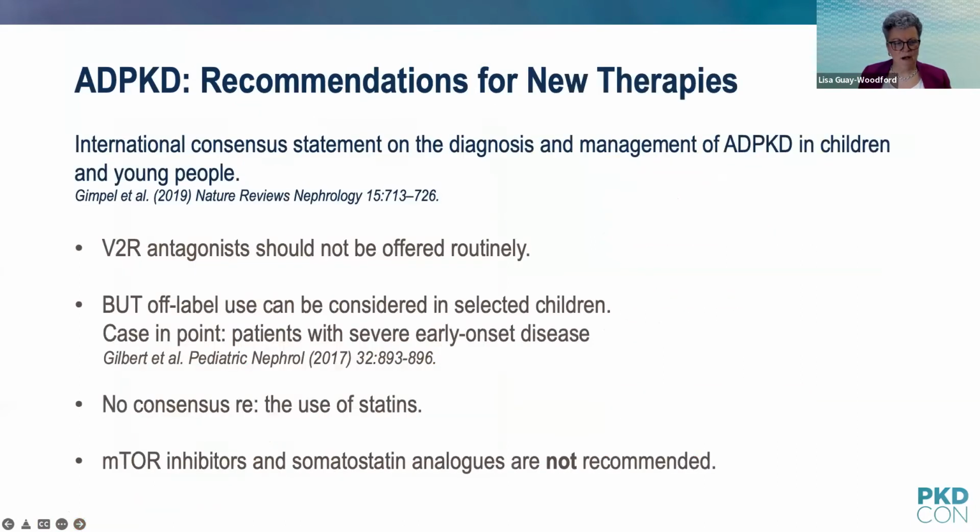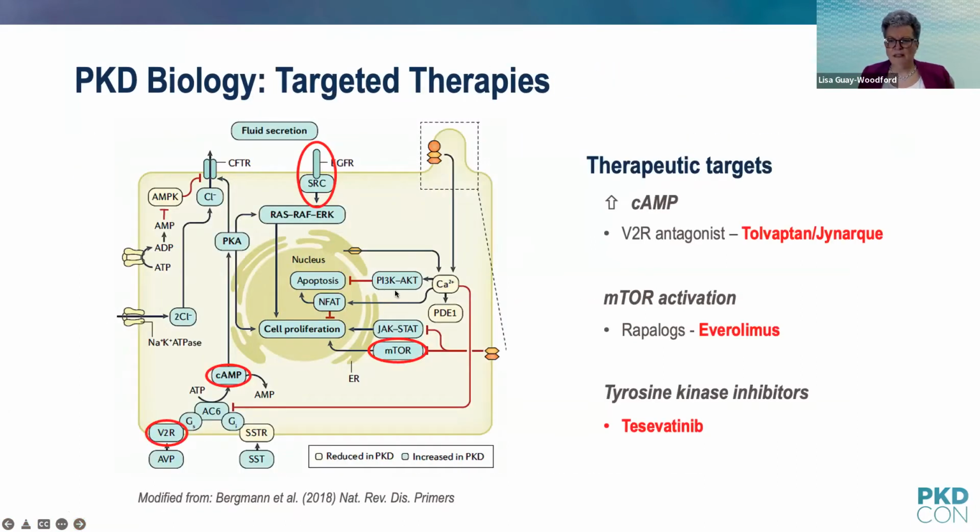Now, when we think about children, there has been a recent study, in fact, we have just submitted it for publication, looking at this drug, Jynarque, or tolvaptan. It's a study that was done in Europe, about 90 children. 65 or 66 of them were between 12 and 17 years of age, and the remainder were between 4 and 11 years of age. It was a relatively small study, but what we can say is tolvaptan in the doses